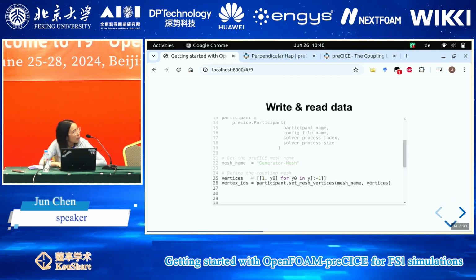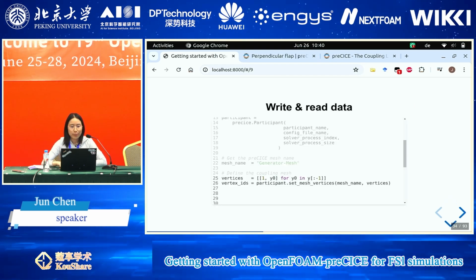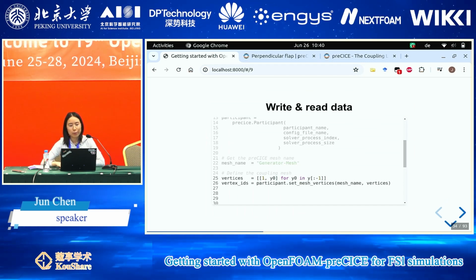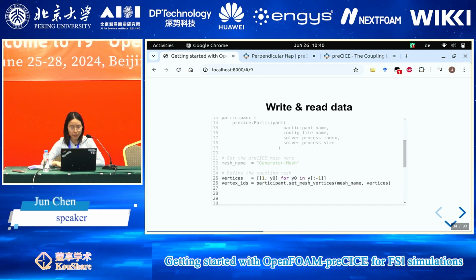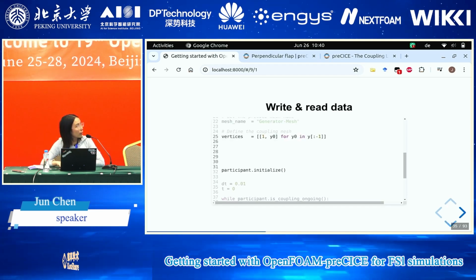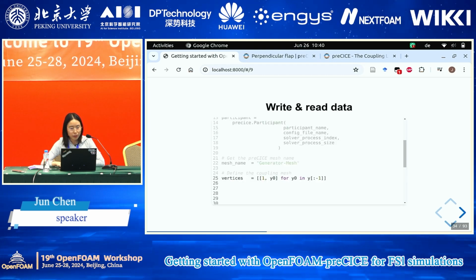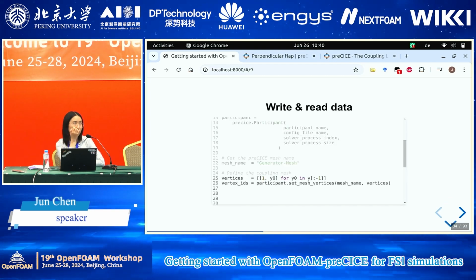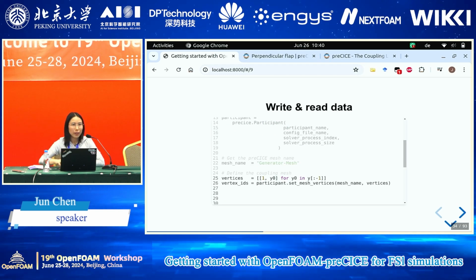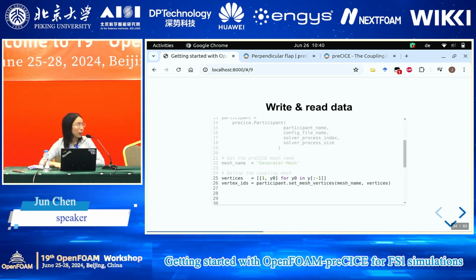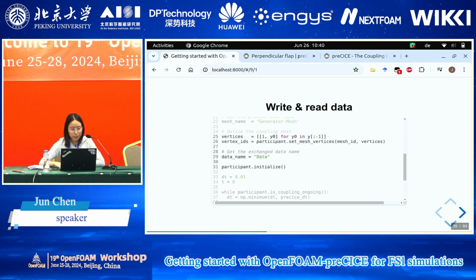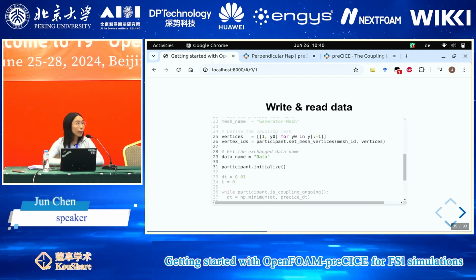So we missed something in the coupled simulation which is very important. That is to write and read data. And here is an example from the generator. The generator mesh needs to write the velocity data to the preCICE buffer, and the propagator will read this data from it. So after we have set a mesh, we also tell